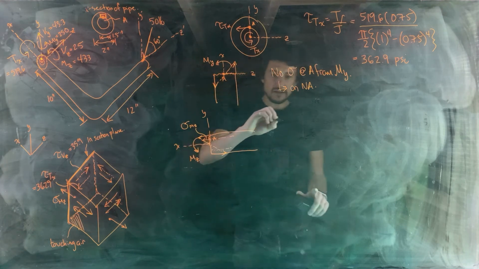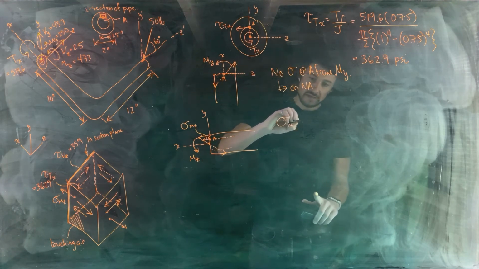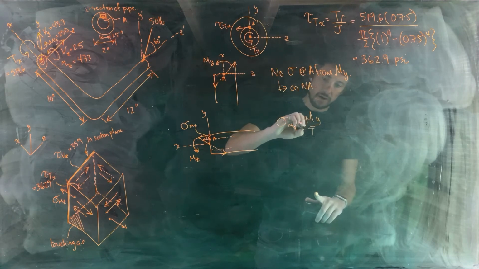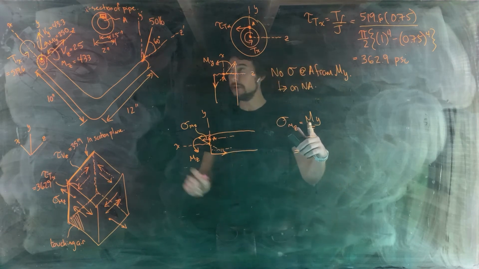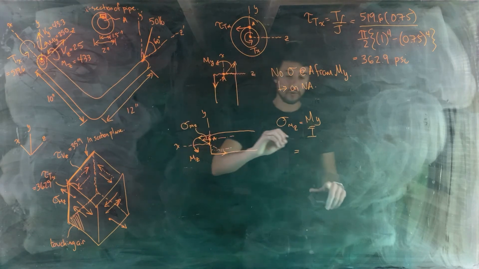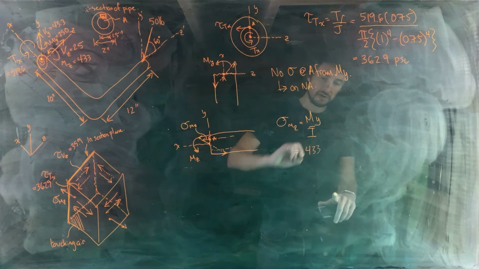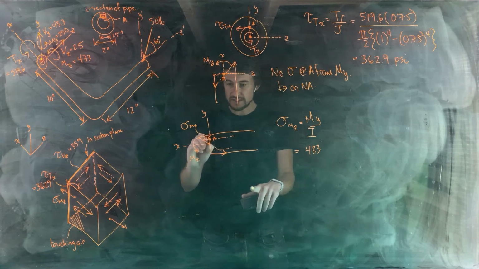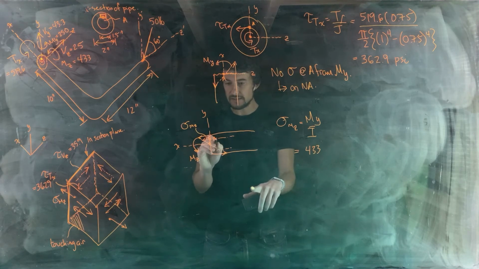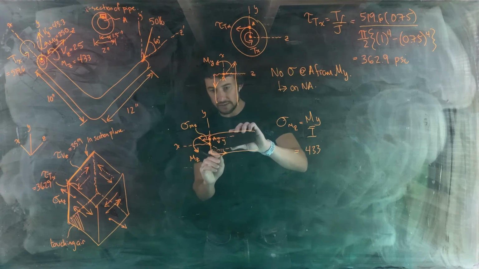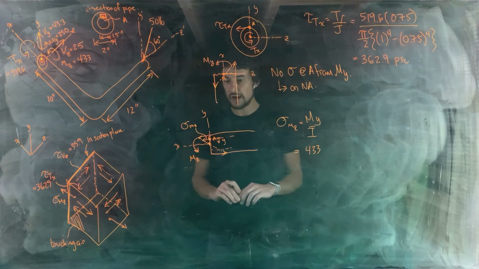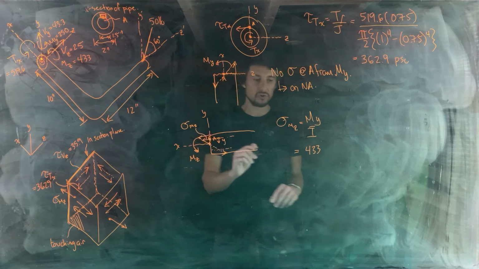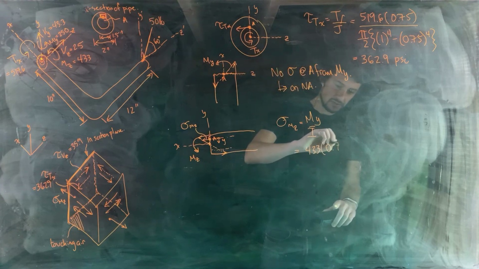Okay, let's calculate its value. That's easy to do. Sigma is given by My over I, where our internal moment Mz has a magnitude of 433 pound-inches. Distance y is the distance that the point of interest is away from the centroidal axis that the moment is acting about. In this case, I shouldn't have drawn y bar, it's just distance y. Distance y is the internal radius, so 0.75